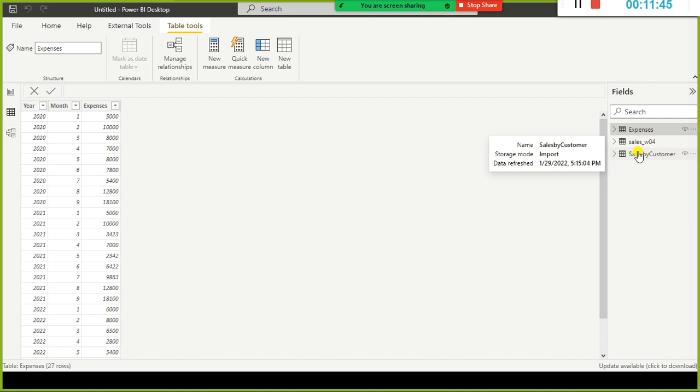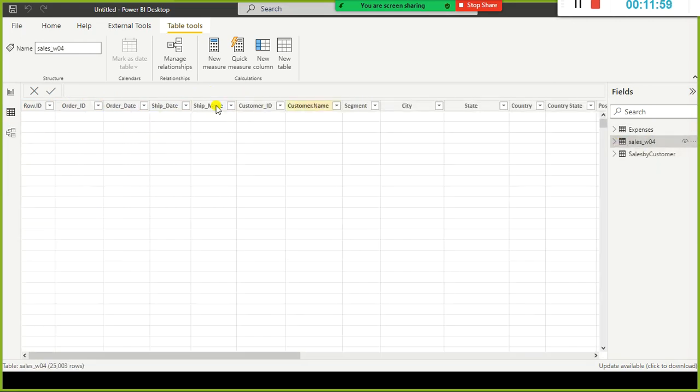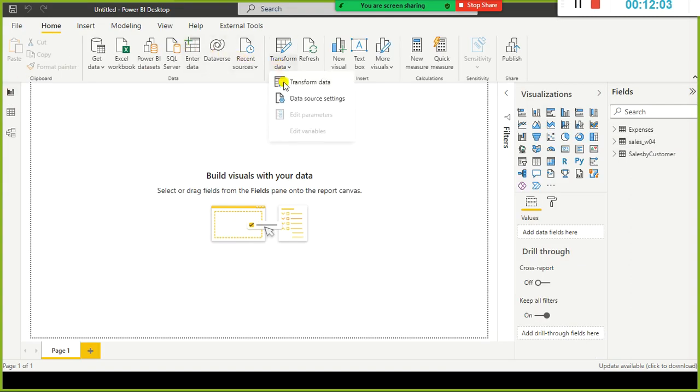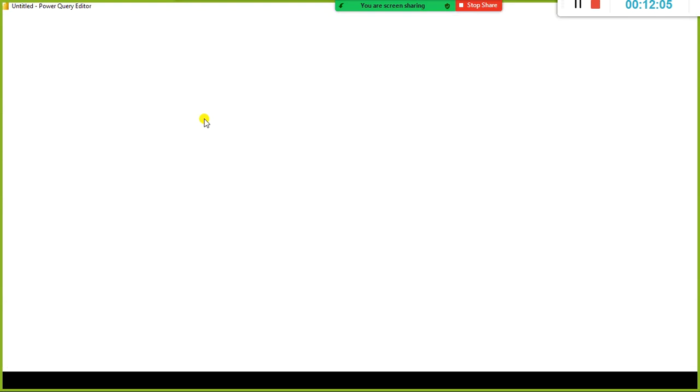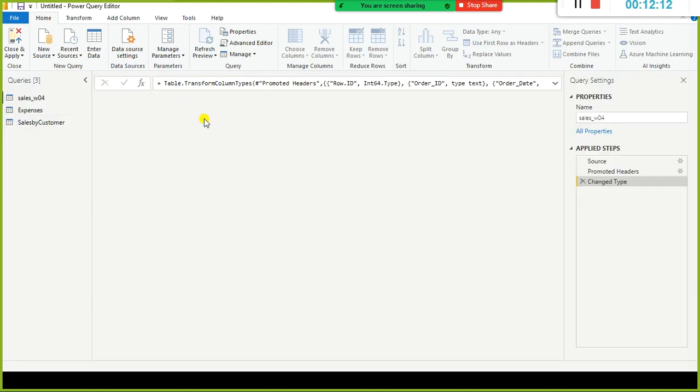So first take a look at the data, a cursory look. This data set has the text data type, the whole number, and then the binary data type. Okay, one second. Now I go to the Power Query editor, wherein we do data transformation. We'll continue with some more data transformations.